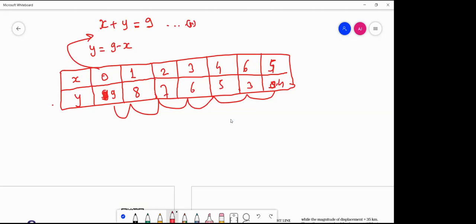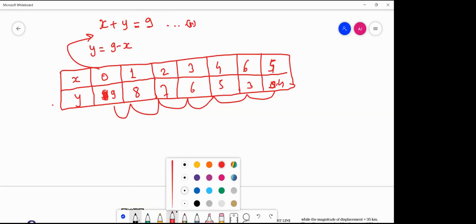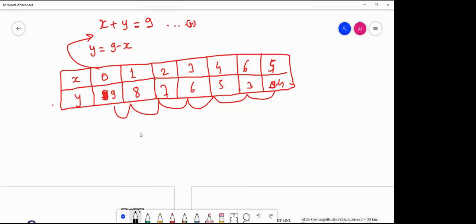Okay. So these are two important definitions. Now, we are not talking about equation in two variables, but just I am giving one example of an equation in one variable. If I say 7x equal to 49, 7 is in multiplication with x. So if I transfer 7 to the other side, it will become 49 upon 7, which is equal to 7. If I write 4x plus 3 equal to 11.